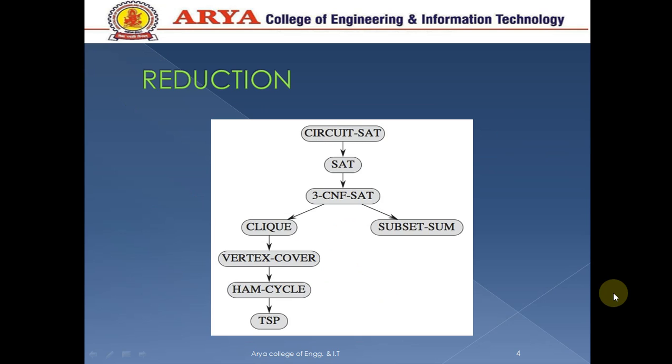Now next is the reduction step. How do we reduce this? As we already studied the circuit SAT problem and the 3CNF SAT problem in the previous lectures, in this lecture we are studying the clique problem. We already proved that SAT is NP-complete, and 3CNF SAT is also NP-complete. Now we prove this clique is NP-complete. For this we have to reduce this problem to the 3CNF SAT problem, because this is NP-complete; by using this concept, then by default clique is also an NP-complete problem. This is the concept of reducibility.